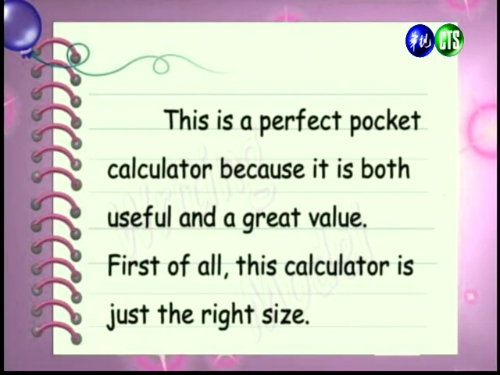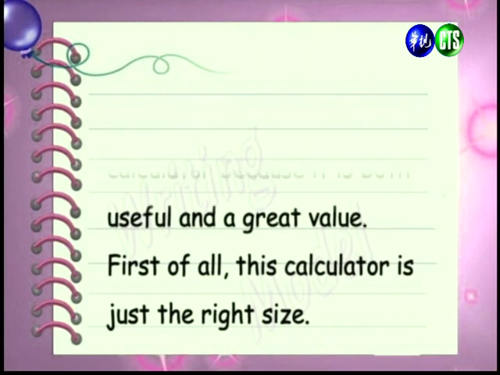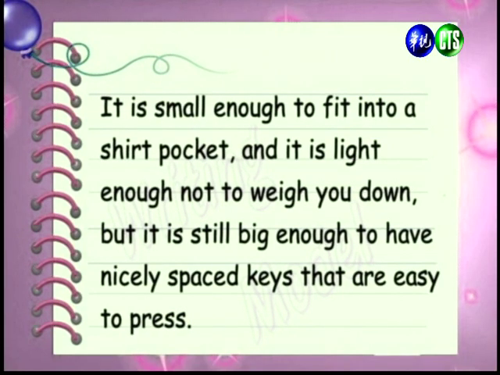All right, let's read our writing model. 好，我们接下来看看我们的写作范例。This is a perfect pocket calculator because it is both useful and a great value. First of all, this calculator is just the right size. 这是一台完美的口袋型计算机，因为它非常的有用，而且它有绝佳的价值。首先呢，这台计算机它的大小刚好。